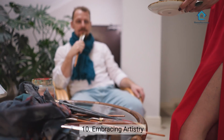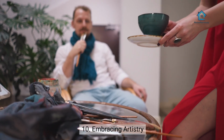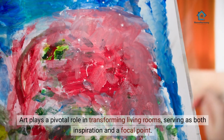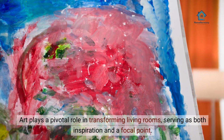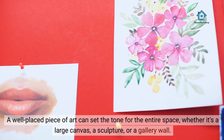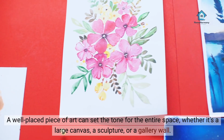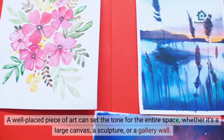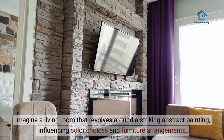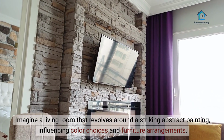10. Embracing artistry. Art plays a pivotal role in transforming living rooms, serving as both inspiration and a focal point. A well-placed piece of art can set the tone for the entire space, whether it's a large canvas, a sculpture, or a gallery wall. Imagine a living room that revolves around a striking abstract painting, influencing color choices and furniture